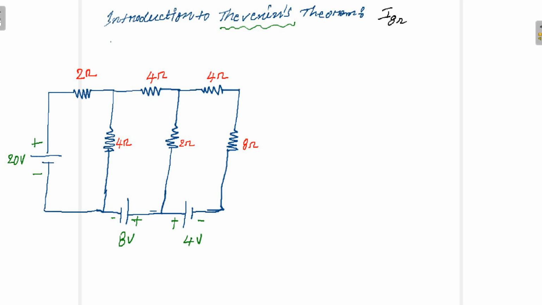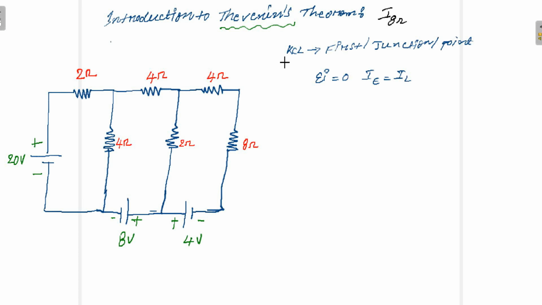So let us see our basic law, that is KCL. KCL is called the first law, or a junction law or a point law. What does KCL state? The algebraic sum of the currents at a particular junction or point is equal to 0, or the entering current is equal to the sum of the leaving currents at a particular junction or point.